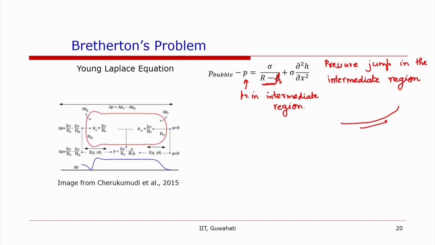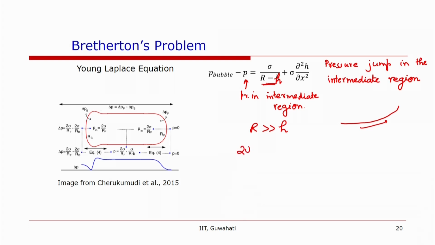But then because r is very small, as we say that r is larger than h, so we can write that p bubble, or where p bubble is